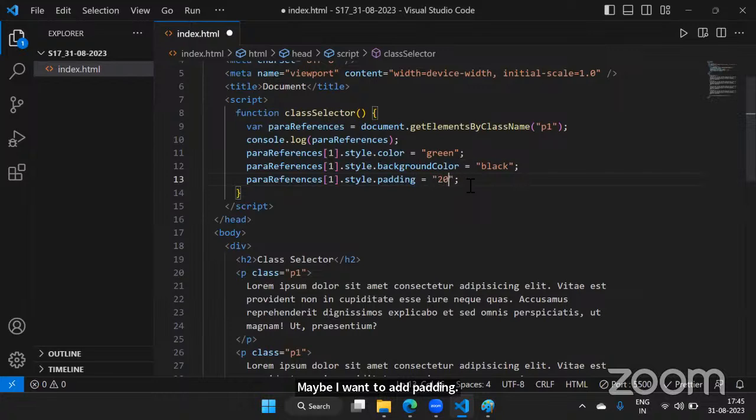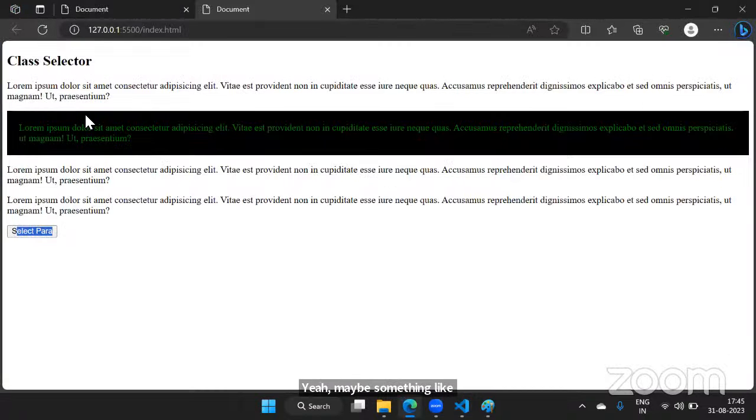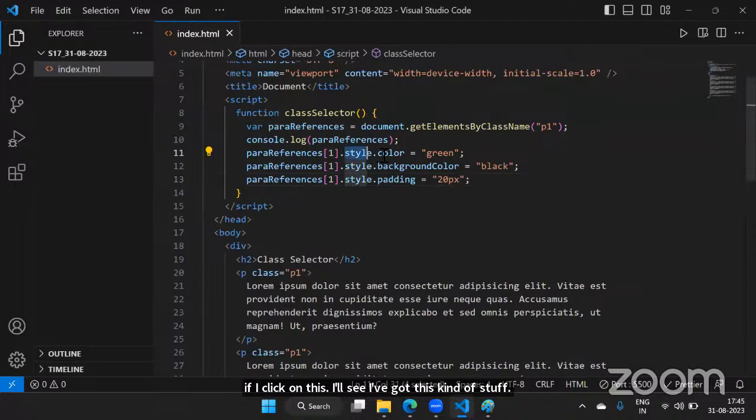Here maybe something like 20 pixels. Now if I click on this, now see I got this kind of style. Now inside this style property, I am using color, I am using here background color, I am using here padding. Now if you want to check inside this style property how many properties we have like this,